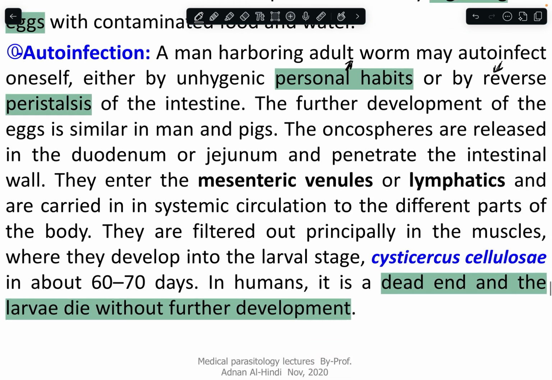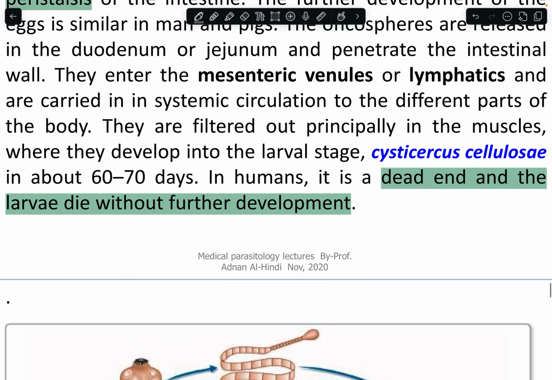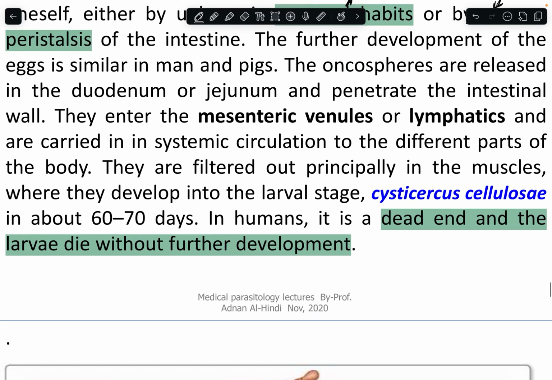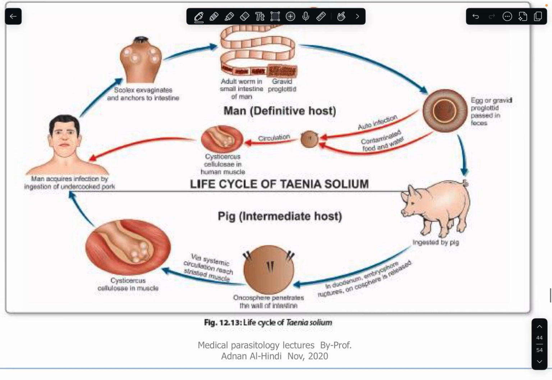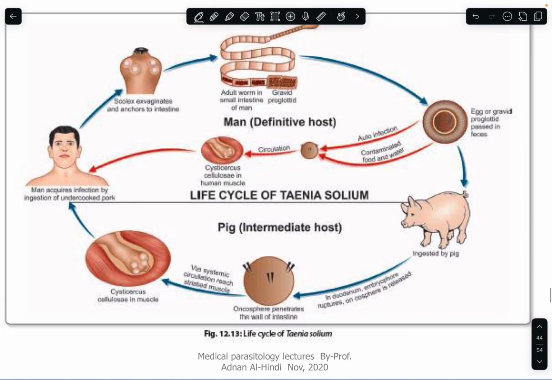And when the human ingests the beef, the Cysticercus bovis reaches the human and develops into an adult form. Yeah, we understood this. Adult form in small intestine. Eggs are passed in feces, ingested by pig. Autoinfection, yeah, this is a small cycle by itself. Autoinfection, it keeps infecting itself.